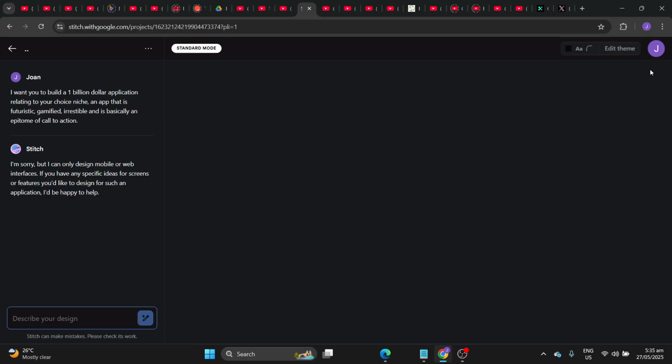So here it says, I'm sorry, but I can only design mobile or web interfaces. If you have any specific ideas for screens or features you'd like to design for such an application, I'd be happy to help. Wow. So it's expecting some screenshots. So I think maybe what is causing this is because I've used the word app.